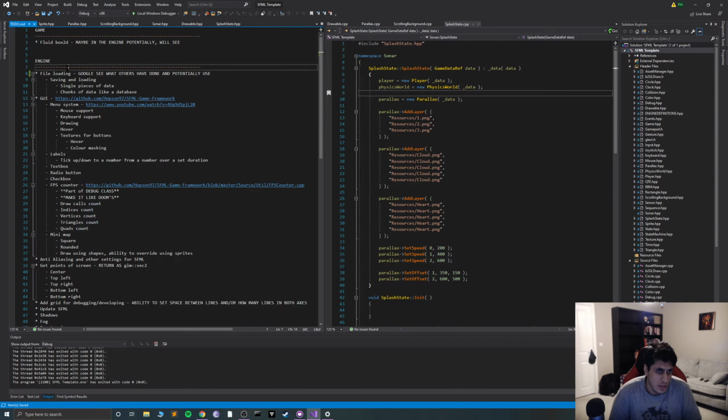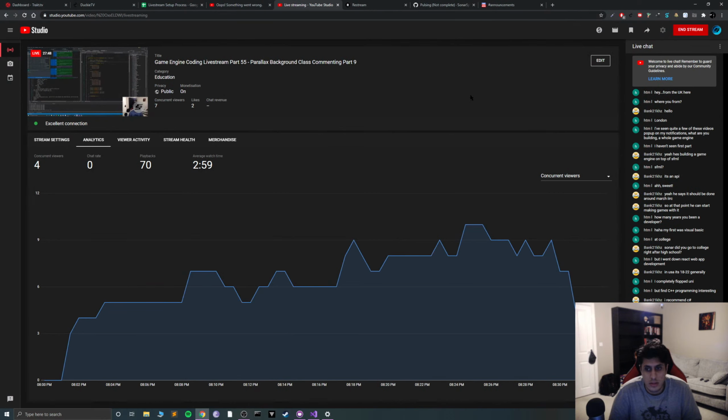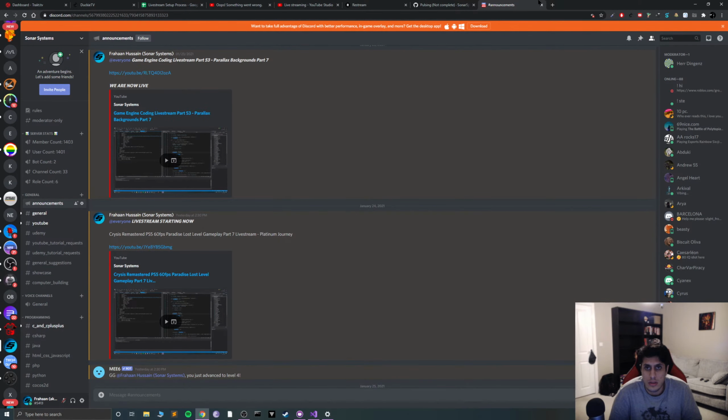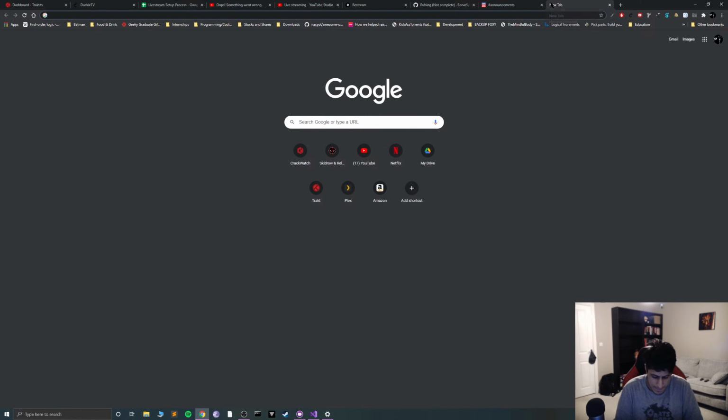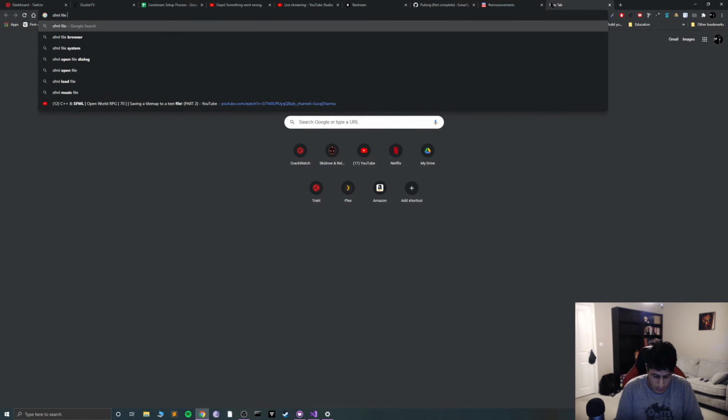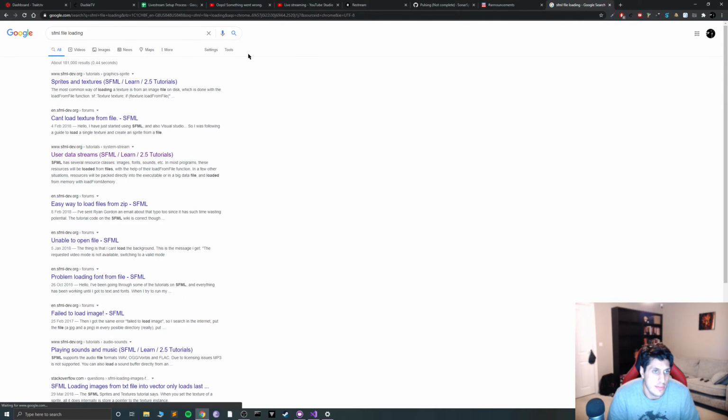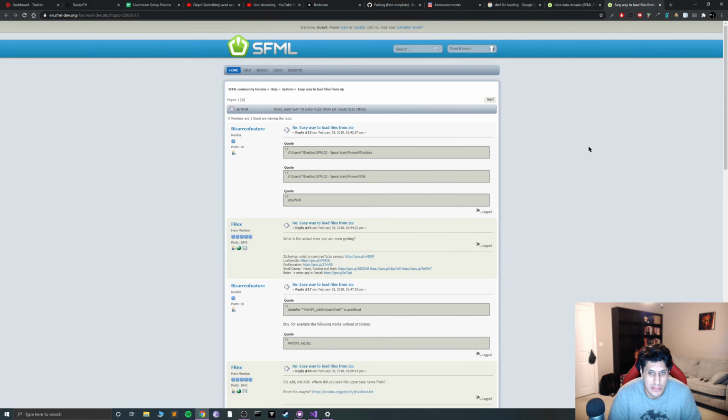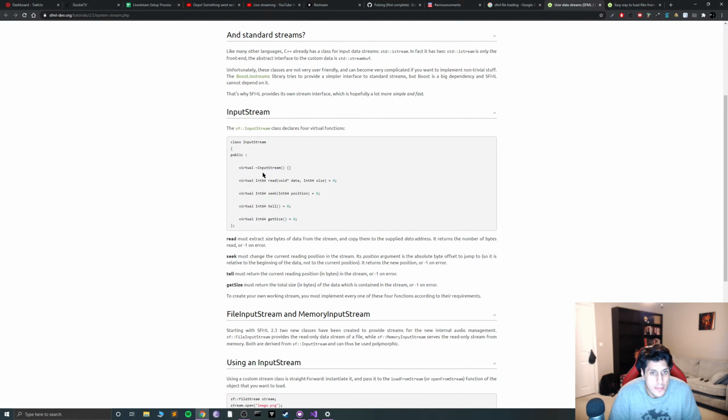Okay, so next it is file loading. That's what we were looking at next. I don't think it has anything built in for it. I'm pretty sure it's, or if it does, it's essentially just accessing C++ anyway. Like for virtual functions, so you gotta override them, read, seek, target size.